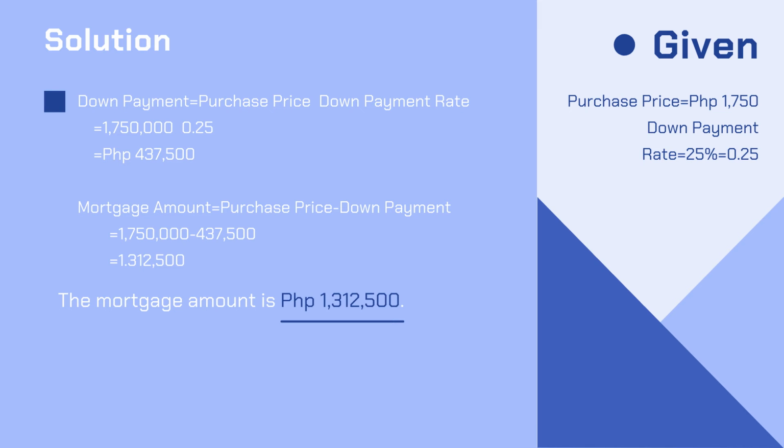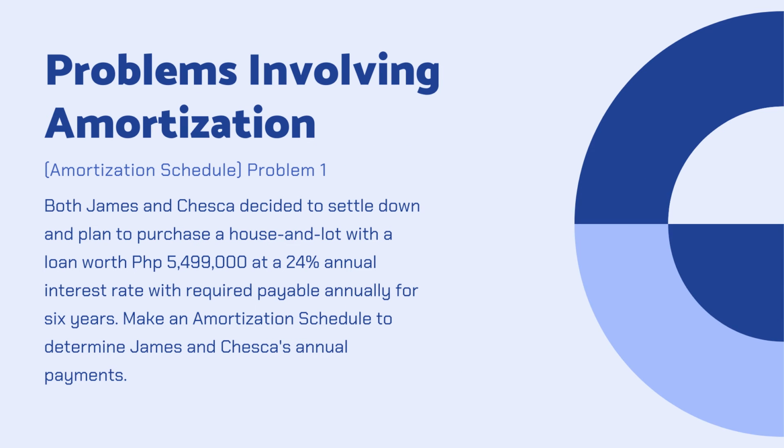And now, we can solve for the mortgage amount by subtracting the down payment from the purchase price, and the mortgage amount is 1,312,500 pesos. Let us now proceed in solving problems involving amortization. Both James and Cheska decided to settle down and plan to purchase a house and lot with a loan worth 5,499,000 pesos at a 24% annual interest rate,